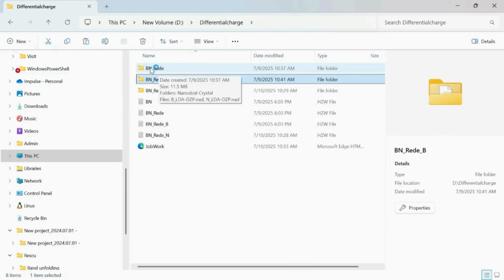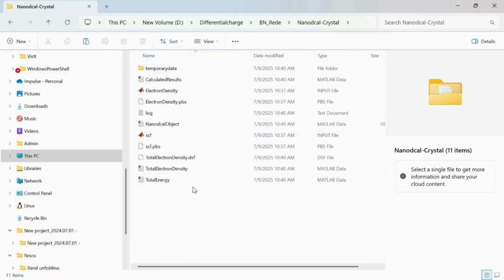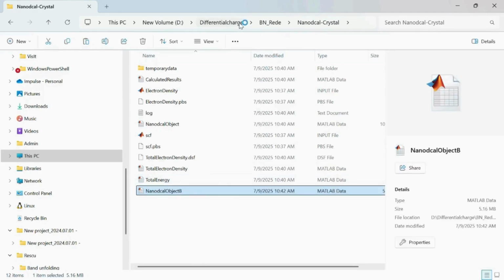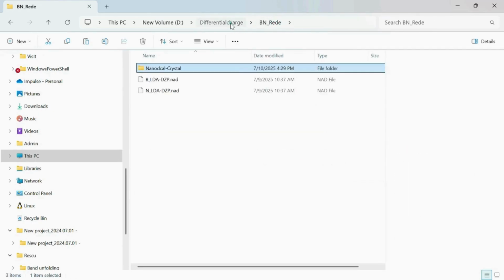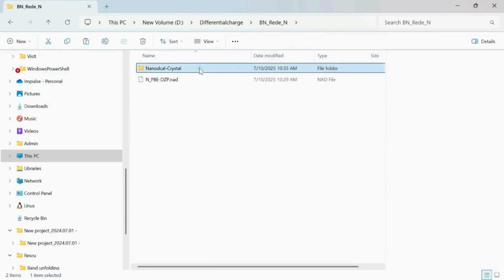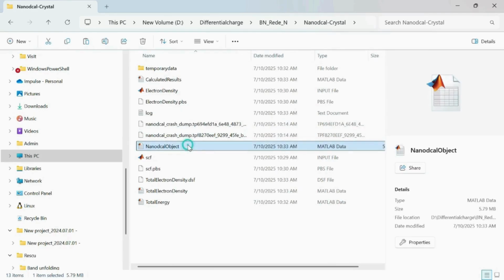Come into the boron nitride structure, NanoDcal crystal. Paste here. Go for the nitrogen. Rename this.